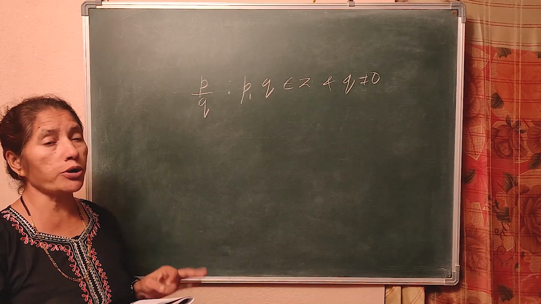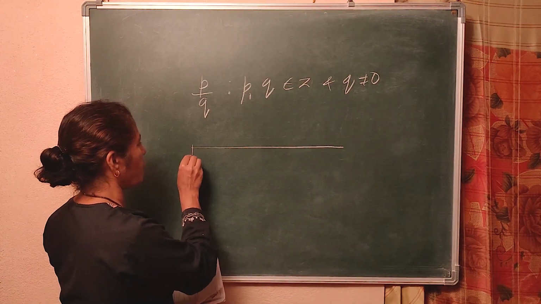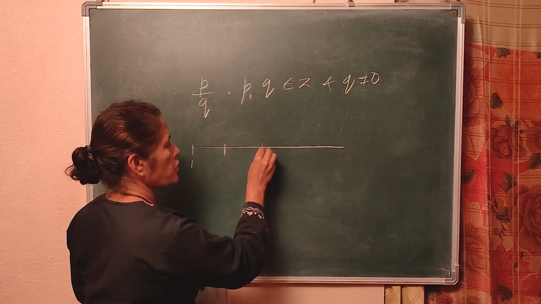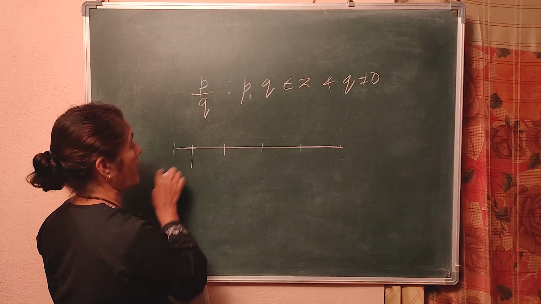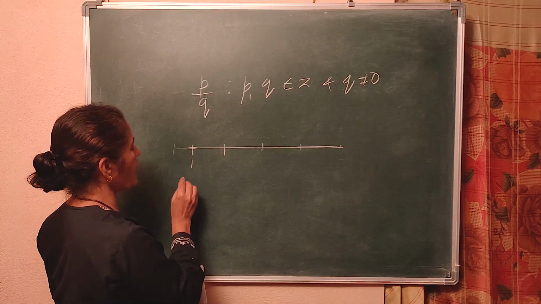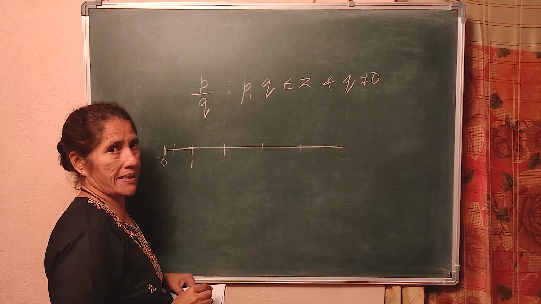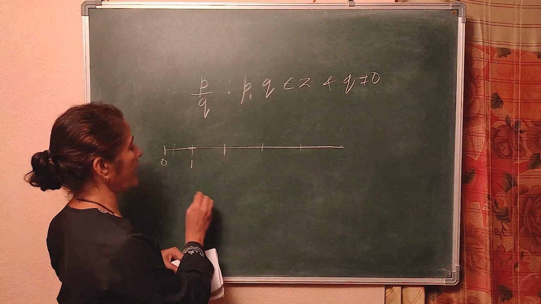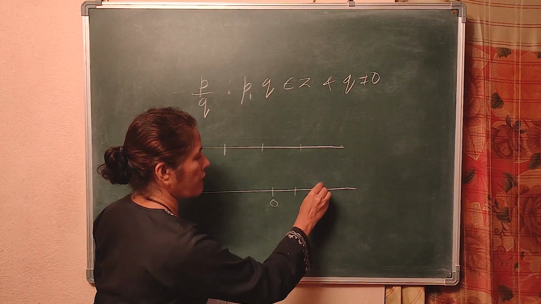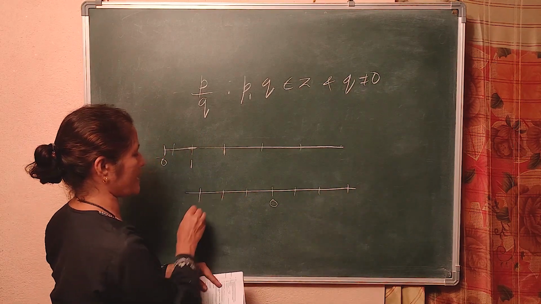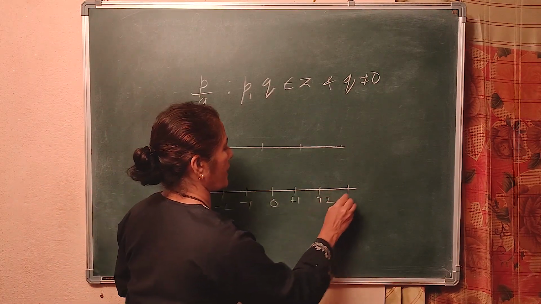Now, you know how to represent a natural number on a number line. You draw the number line, starts from 1, 2, 3, and so on, isn't it? Actually it starts from 0, but 0 does not come in natural numbers. If 0 is included, then it becomes whole numbers. After that you study integers. In the integers, 0 will be in the middle, plus 1, plus 2, plus 3, minus 1, minus 2, minus 3. Am I right?